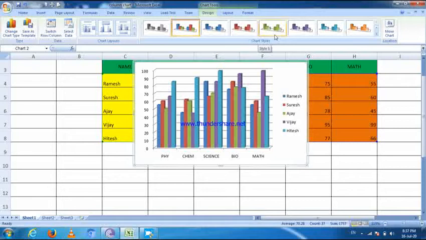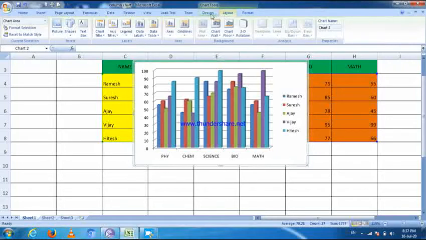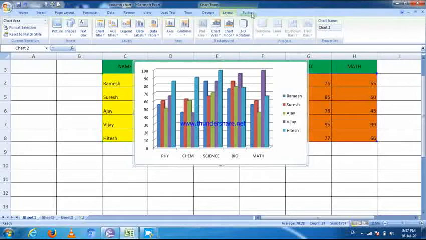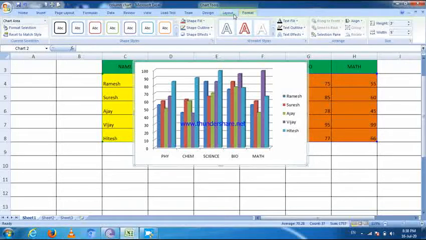These tabs contain options for editing and formatting the chart. These are the Design tab, Layout tab and Format tab.